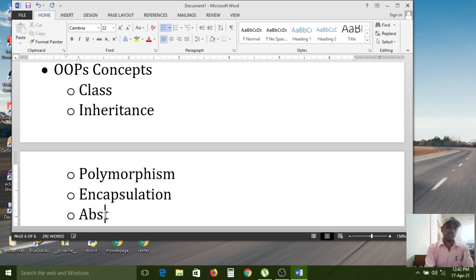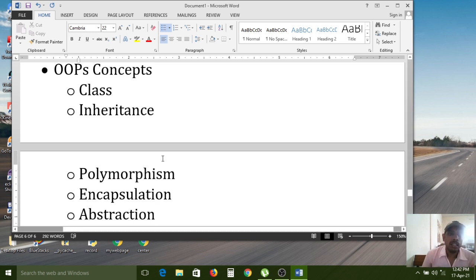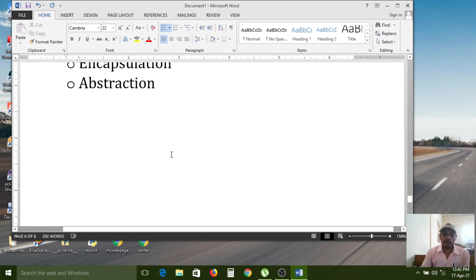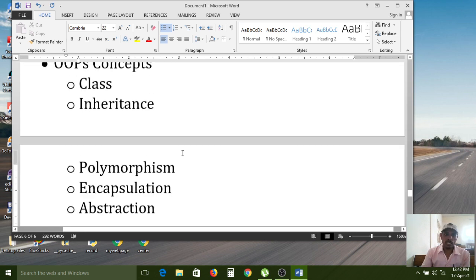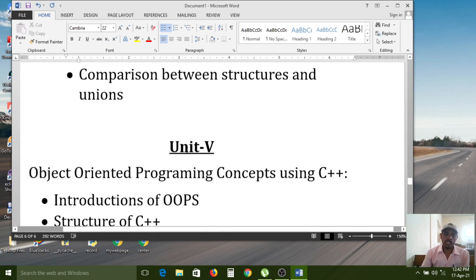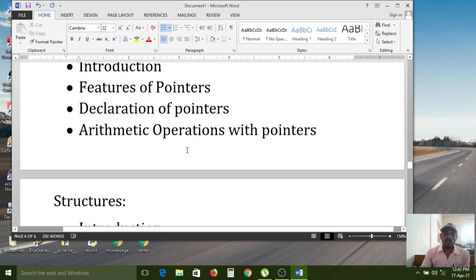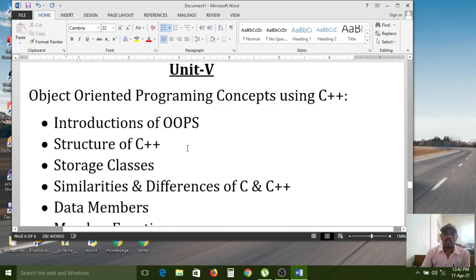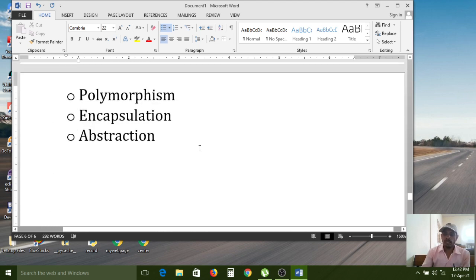Next, abstraction. So this is the complete syllabus of your 4th semester subject. The subject name is Programming with C and C++. This subject contains 5 units in total. In these 5 units, these are the concepts we have to learn in this semester.